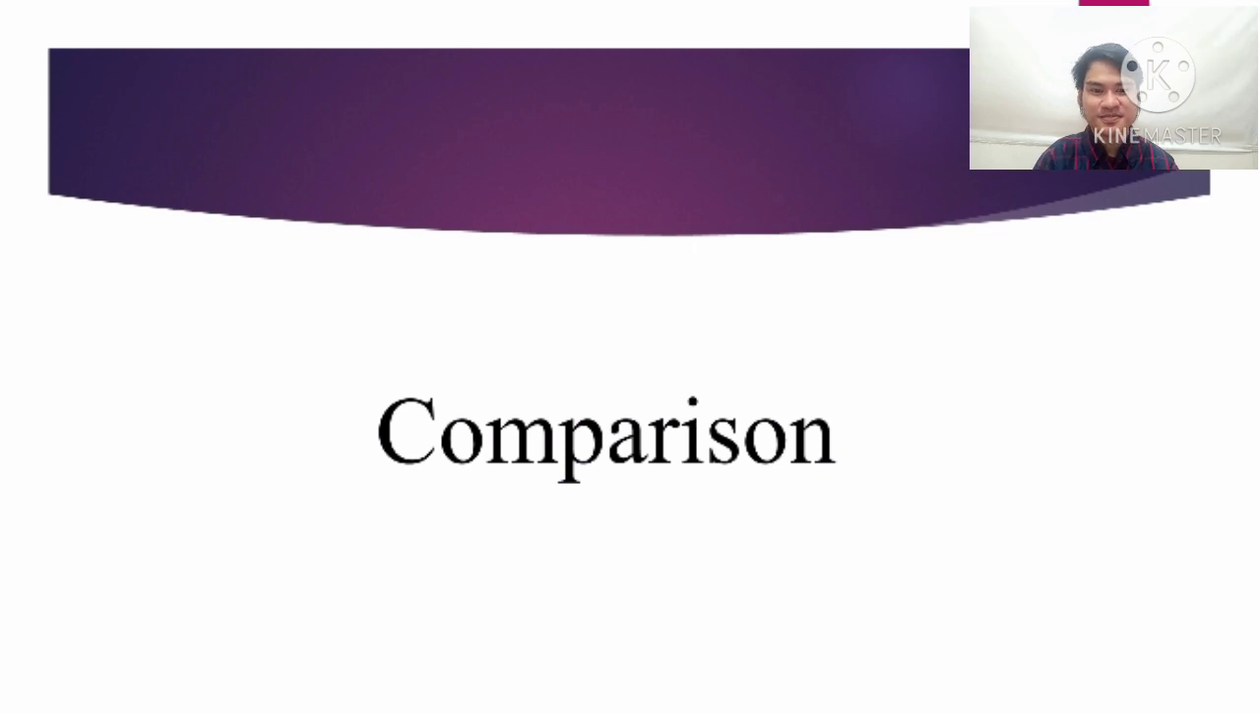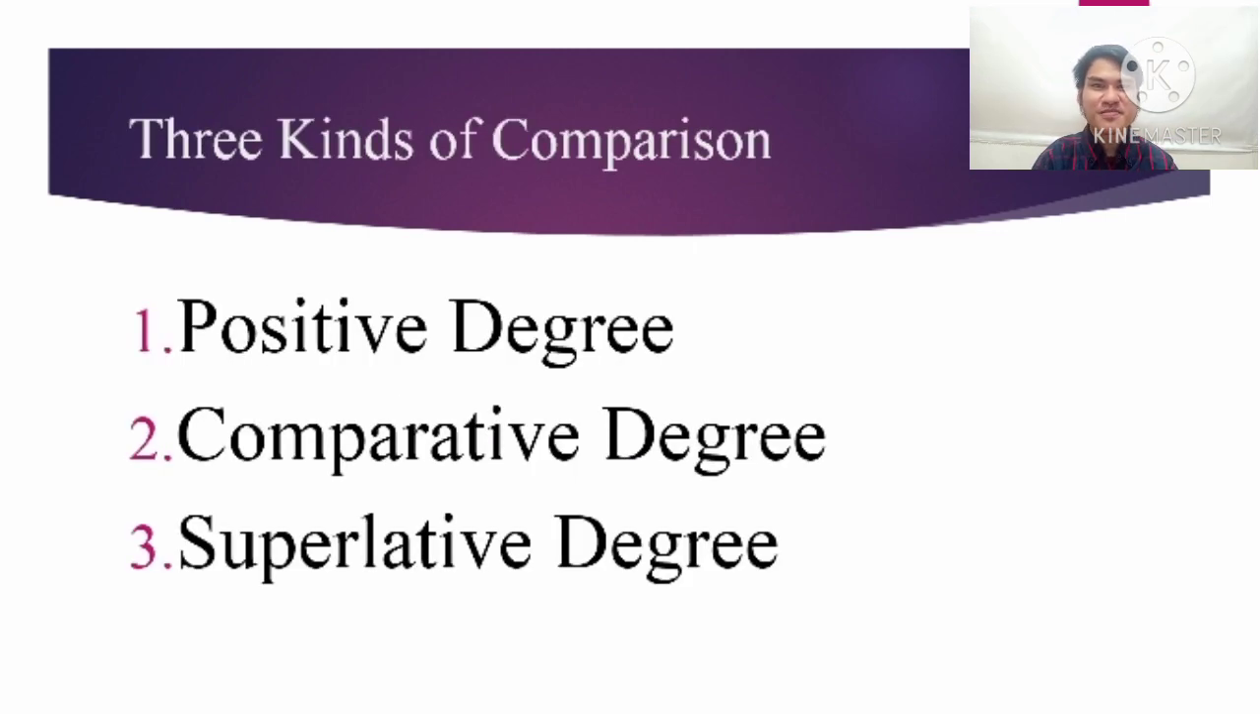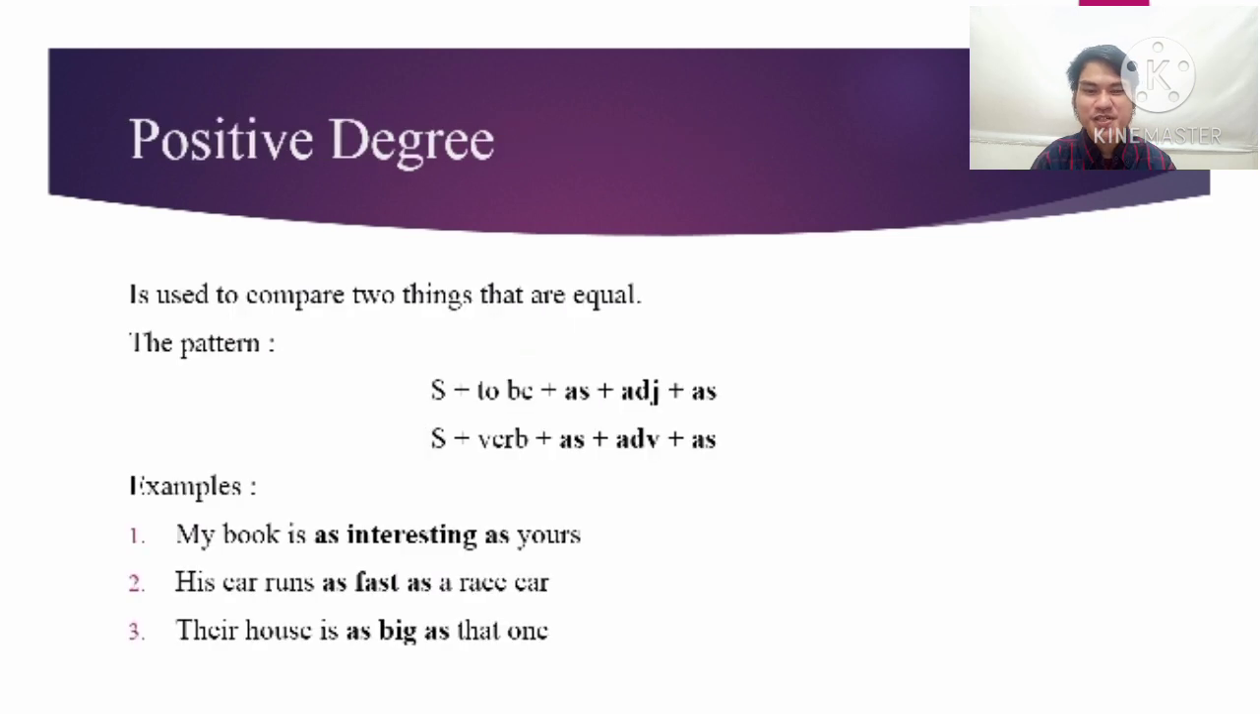Comparison. Three kinds of comparison: positive degree, comparative degree, and superlative degree. Positive degree is used to compare two things that are equal. The pattern: subject plus to be plus as plus adjective plus as, or subject plus verb plus as plus adverb